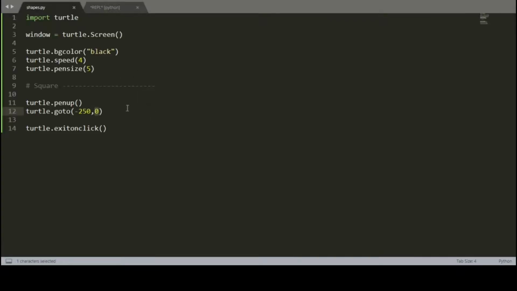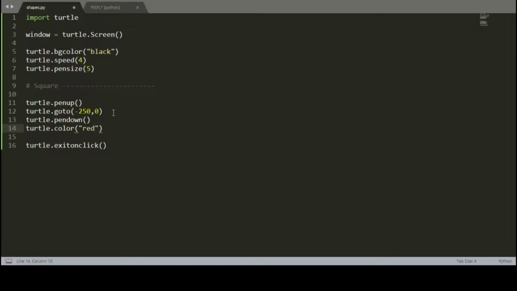I can't really see my turtle because it's black, and I think this is where I should start giving it a color. But before I give it a color, let me first put it down. So I'll say turtle pen down, right? So I'm putting my pen down to start to draw, because I've now decided on definite coordinates where I want to start drawing. So I will then give it a color, turtle color, and I will give it, you can